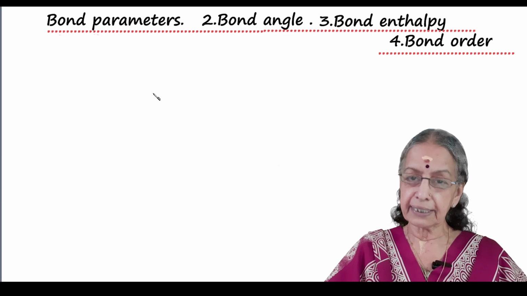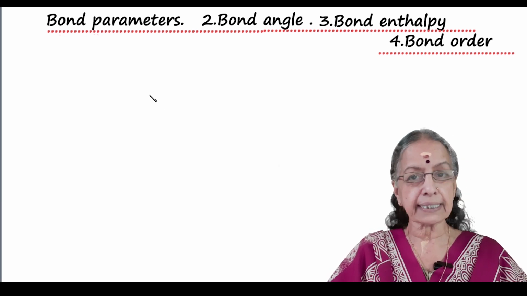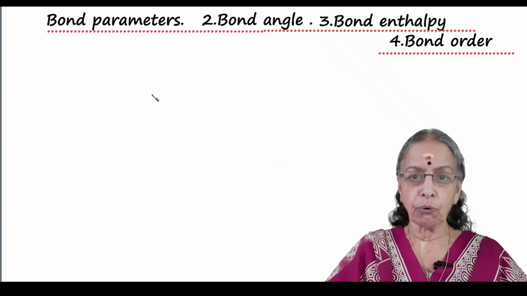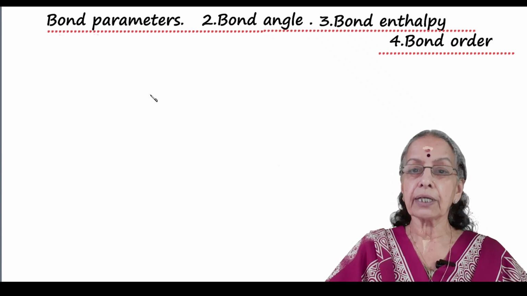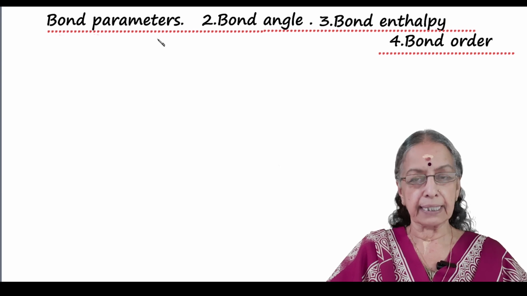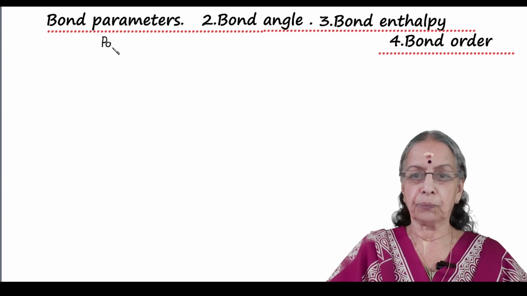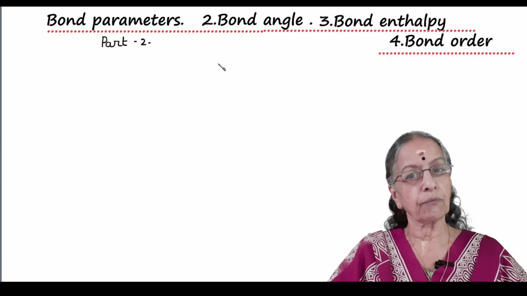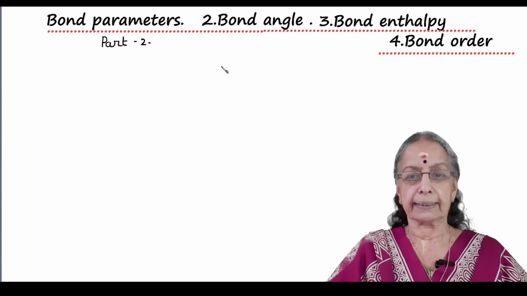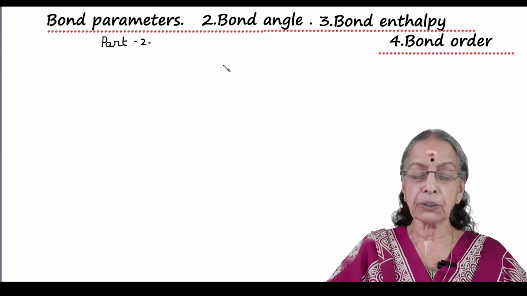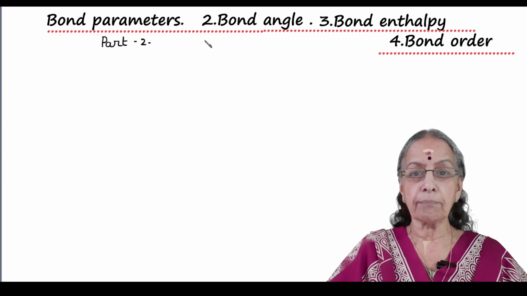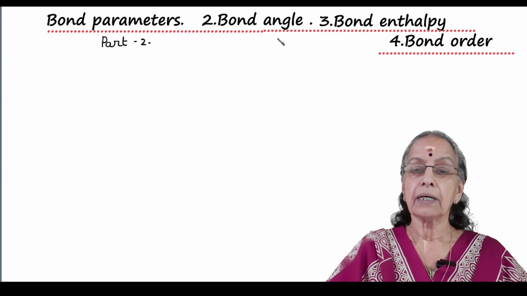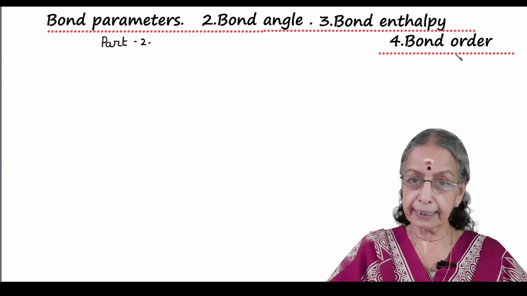Hello everyone, in this video we are continuing class 11 chemistry, chapter 4 chemical bonding and molecular structure. Under that we are doing bond parameters. This is part 2. Under part 1 we have already done bond length. In this video we will do 3 bond parameters or 3 bond features, namely bond angle, bond enthalpy and bond